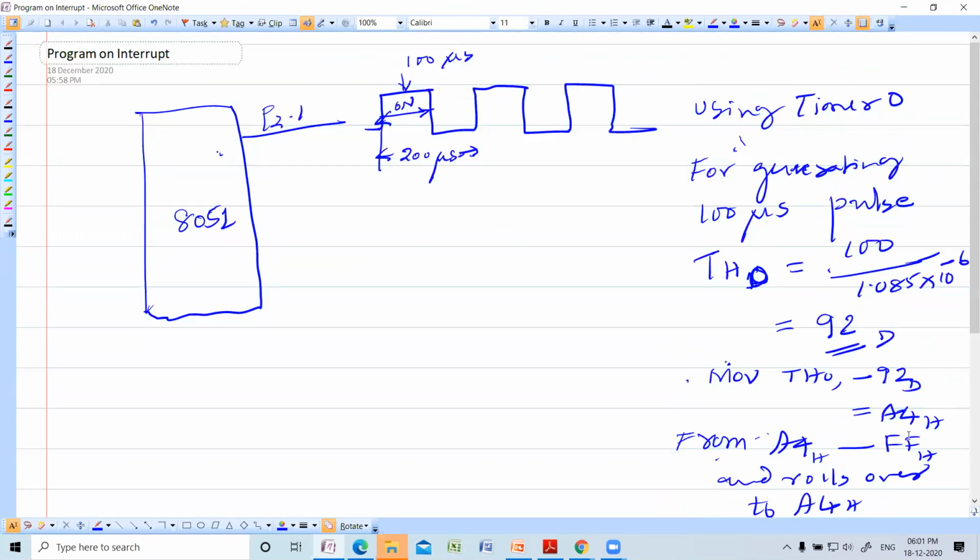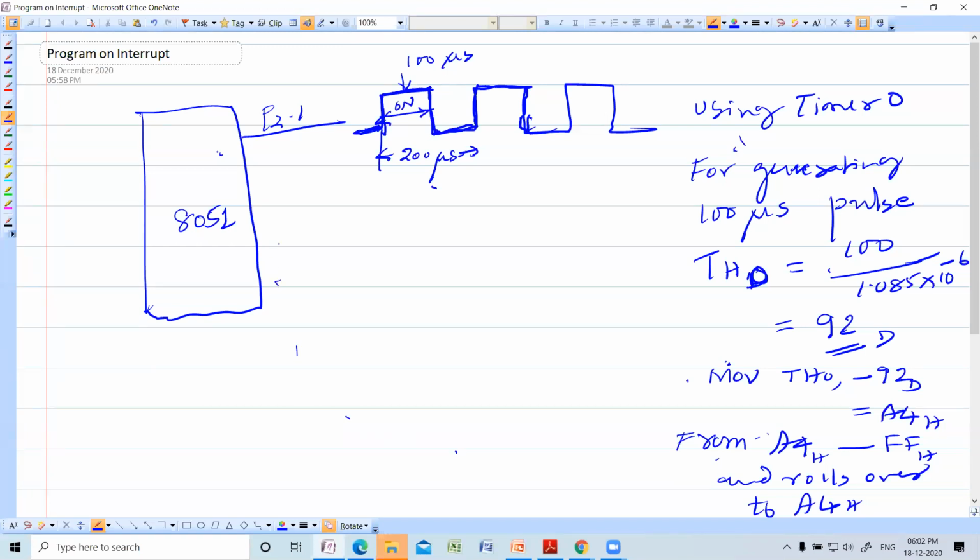When the timer interrupt is generated, what is it doing? Suppose P2.1 is 0, it simply complements it, and it will be 1. Once again, when it generates an interrupt, it complements again, so it becomes 0. So like that, it is generating a continuous pulse of period 100 microseconds, so that it looks like a square wave of 200 microsecond period. At every interrupt, it goes on complementing the status on the P2.1 line.